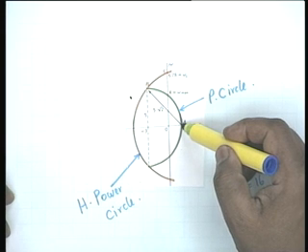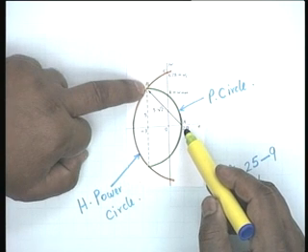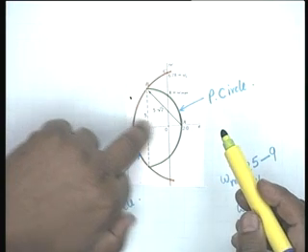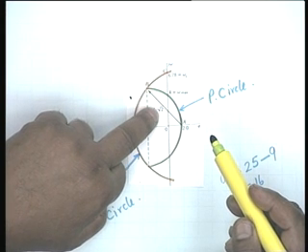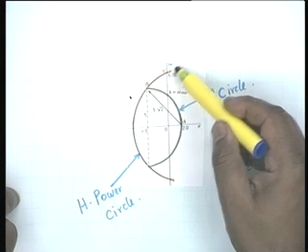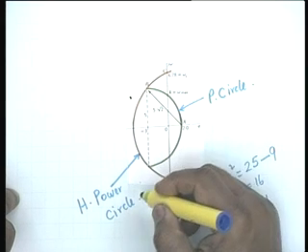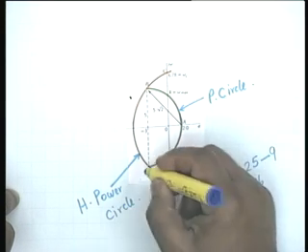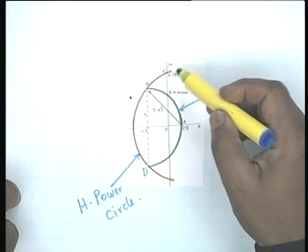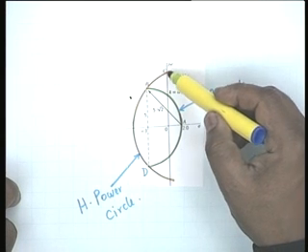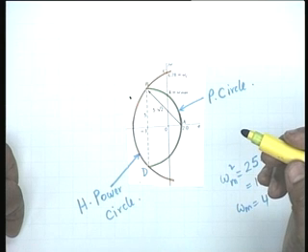Then with A as the center and AB as the radius. Now what is the distance AB? 5 root 2, this is 5, this is also 5, and this is the hypotenuse of a right angle triangle, and therefore this must be 5 root 2. With 5 root 2 as the radius, you draw the peaking circle. This is the BC, and we had called this, no, we cannot call this anymore C, let us call this D. DBC is the half power circle. Draw the half power circle and you find geometrically that it intersects this at j6.78.